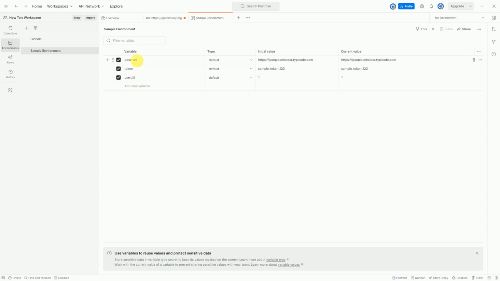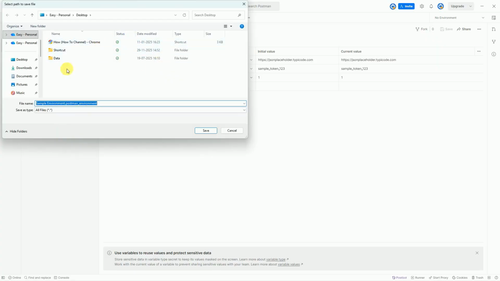So to export these environment variables into a JSON file, over here you can see the three dots. So click on the three dots, and here you can see the option export. So click on the export. Once you click on the export, now select the location where you want to store this file. So I'm storing this file on the desktop. So you can give the name of the file as per your requirement or as per your choice, and then